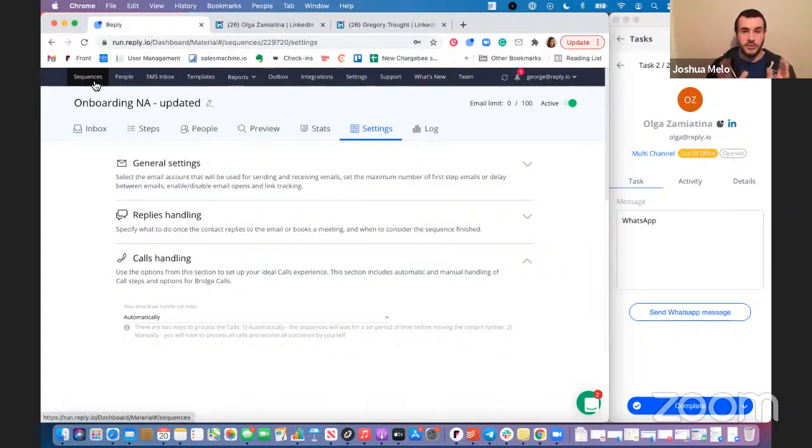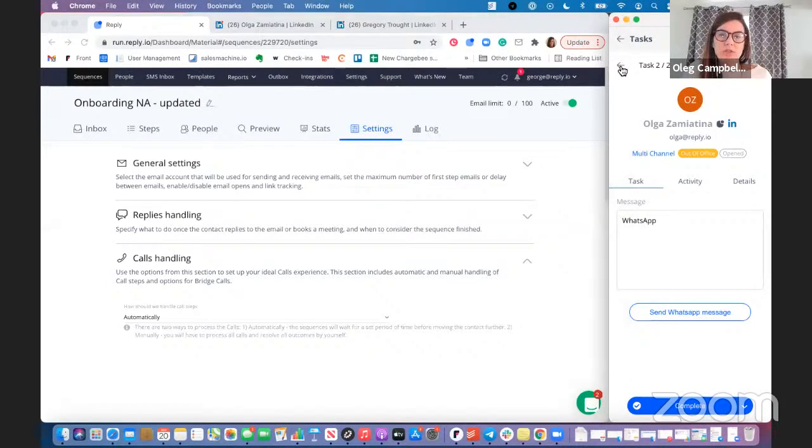Again, if you don't have the LinkedIn URL to the profile, it will not do anything. It's just going to act as a reminder to perform the function outside of Reply. It does require the profile URLs to function. Yeah, and like Josh was saying earlier, if you are on your tasks page in your Chrome extension, if there is a contact who has reached that LinkedIn step, but you don't have the LinkedIn URL, it will open LinkedIn and give you a list of any name that meets that criteria. If you click on that contact in LinkedIn, you will have the option to save their LinkedIn URL in their prospect profile in the Chrome extension.